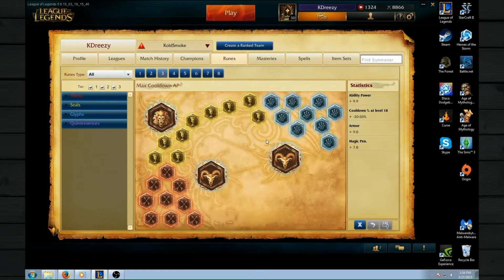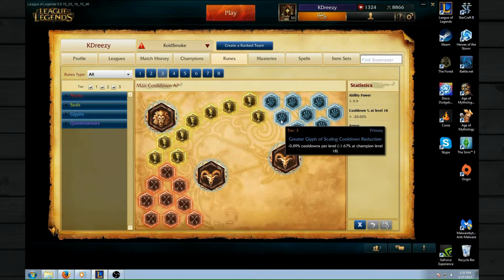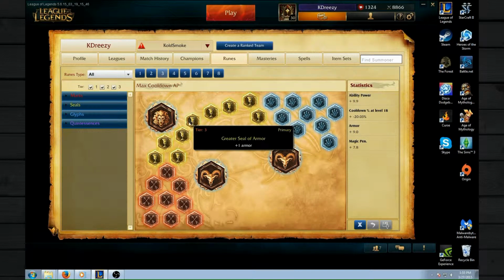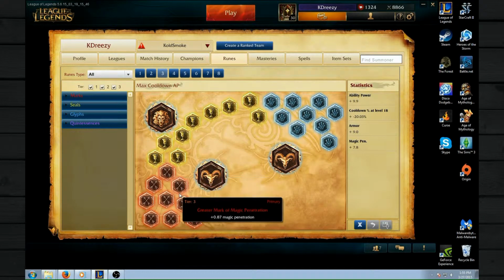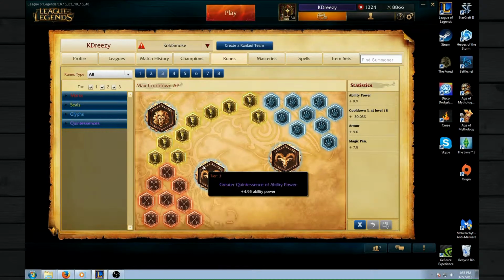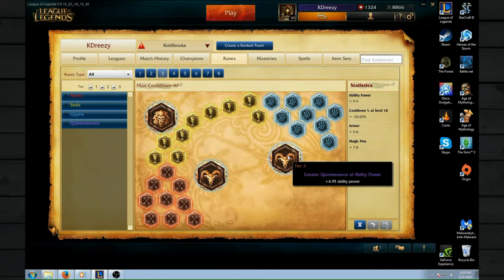Okay, so this is a specialty rune page, and this one I use for champions like Lux, ones that I really like having my cooldown. I call it my max cooldown AP. But you'll notice that there's something a little weird about it. I have my scaling cooldown reduction for my glyphs, my seals of armor, and marks of magic penetration. But what's weird is I have 1 quintessence of scaling cooldown reduction, and then 2 quintessences of